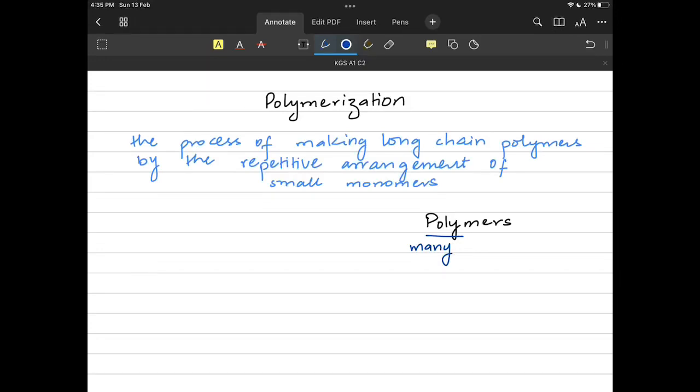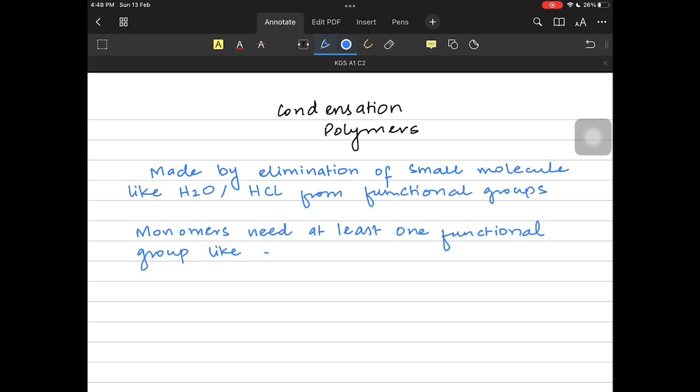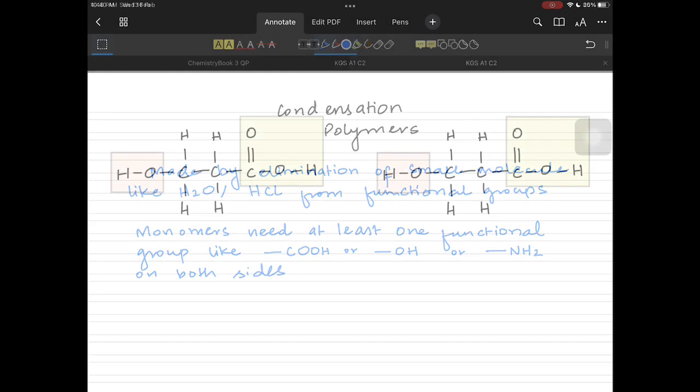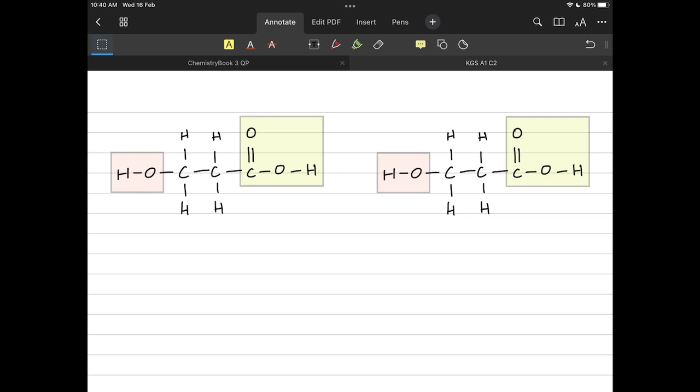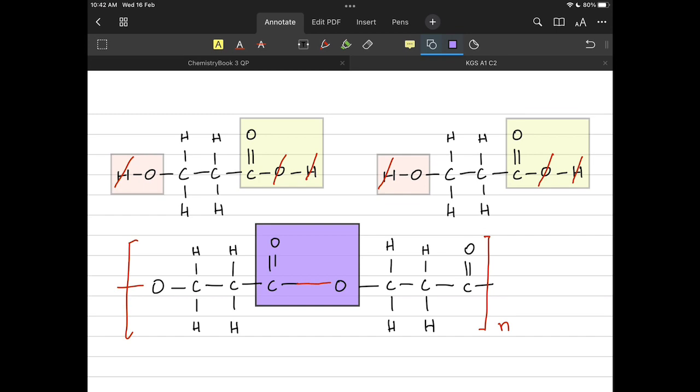Hey everyone, remember last time we were talking about the idea of polymers, which was a long chain molecule, and monomers, which was a small unit that combined in a repetitive manner to make the polymer. Now we knew that condensation polymers were made by the elimination of a small molecule like HCl or water from the functional groups of the monomers. Monomer had the functional group like carboxylic acid, the hydroxyl, or the amine functional group. And monomers needed these functional groups on both sides. Like last time, we used a monomer with carboxylic acid and the alcoholic group, and we made ester polymer out